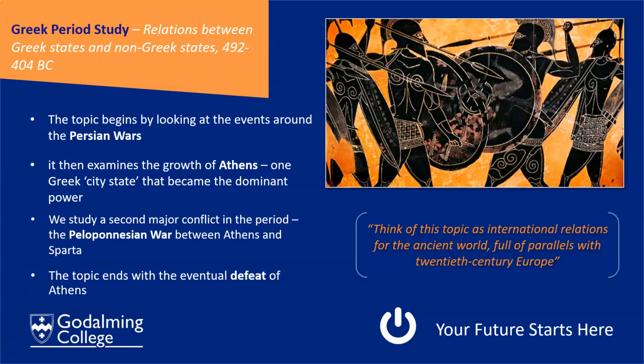We move on from that to then look at one individual city-state, perhaps the most famous, which is Athens, and we understand how this state became the dominant power in the Greek world. But then this leads to our second major conflict of the period, looking at the Peloponnesian War, which is a conflict between Athens and its allies and its great rival and enemy Sparta and its allies. And we understand the cause of that conflict, the course of that conflict, and then its eventual end with the